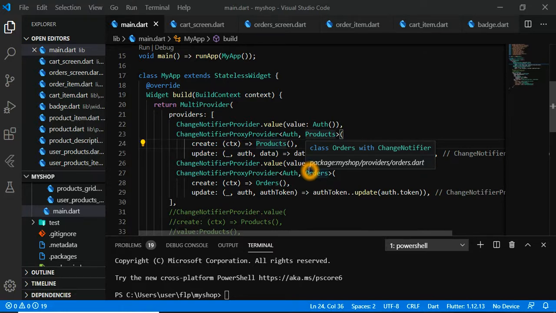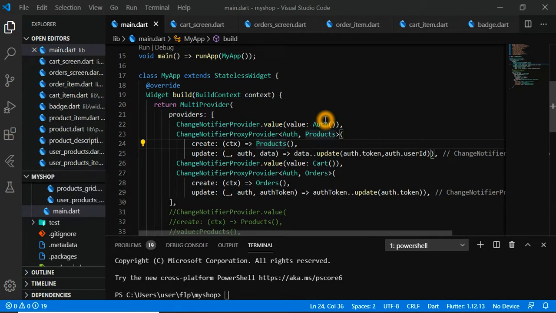And today I'm going to show you how to use the ChangeNotifierProxyProvider, which is a functionality in the provider package to transfer your data from one provider to another provider. So now let's get familiar with it. This is the syntax: ChangeNotifierProxyProvider, and here you write the provider through which you want to transfer data, and on this side you write the provider to which you want to transfer the data. In this case I want to transfer my data from my auth provider to the products provider.